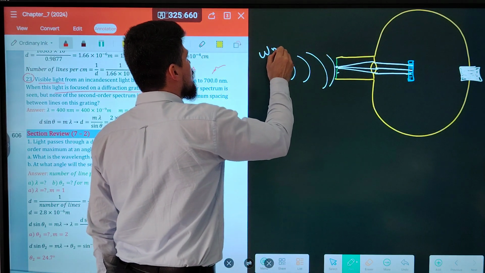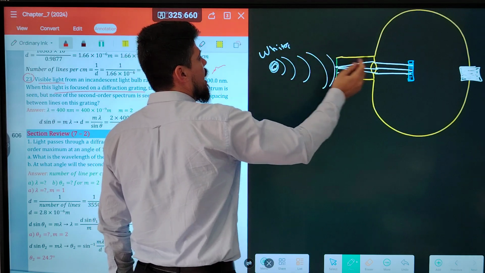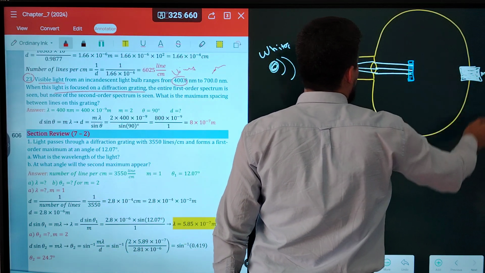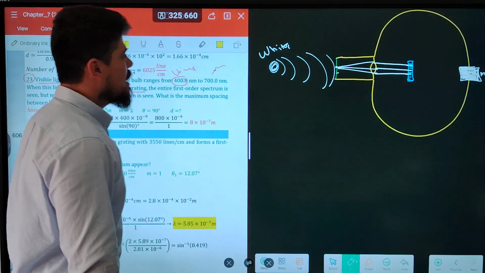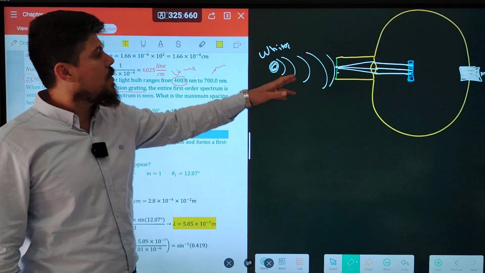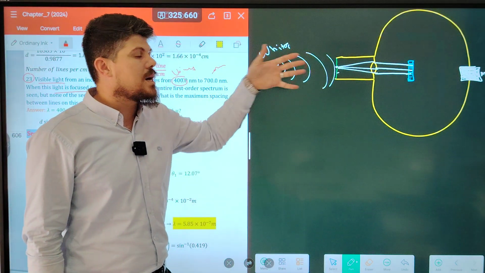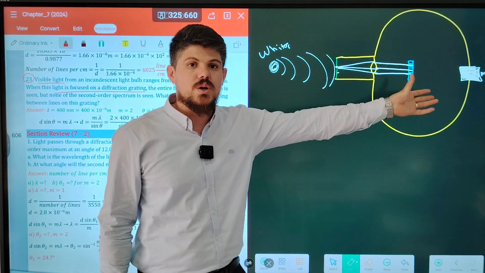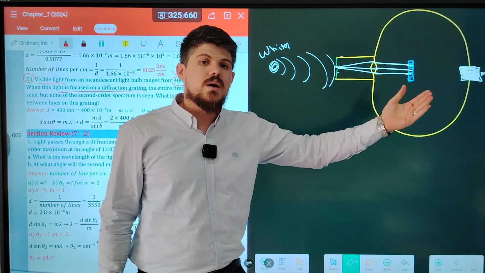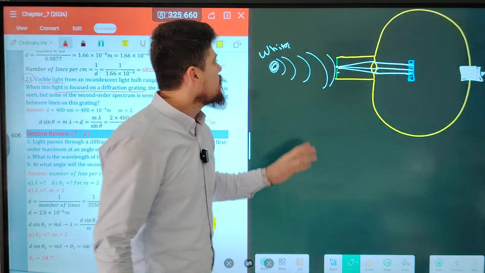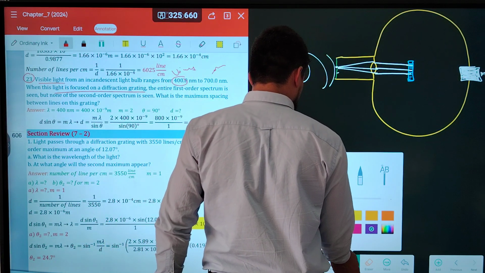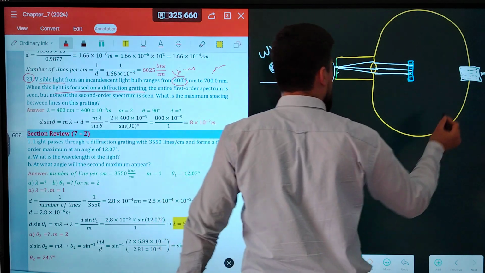What is the color of the source? White light, and the central also is white. This is m equals 0. M0 is white. But because the source is white light and white light is polychromatic, when it passes through the diffraction grating, the spectrum is produced on the screen. When we say the spectrum, it means that the first line is violet